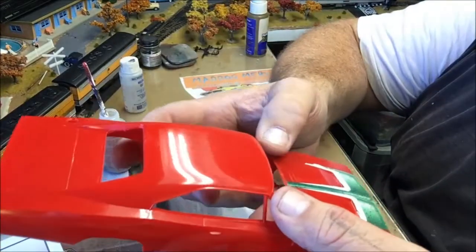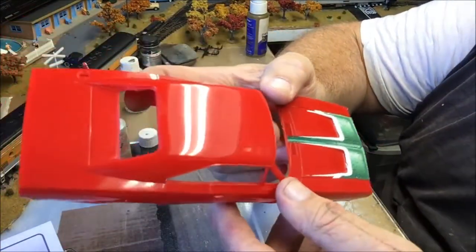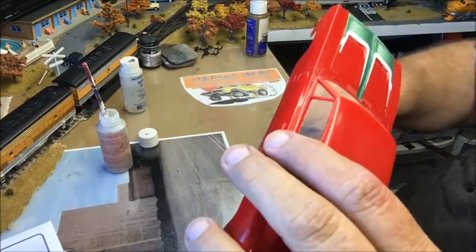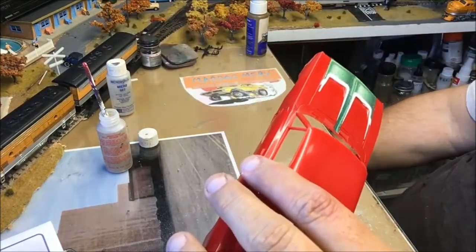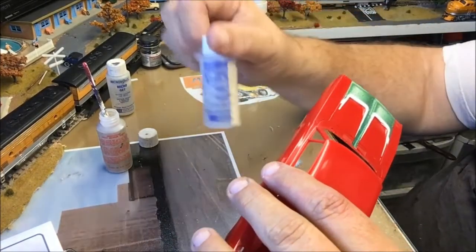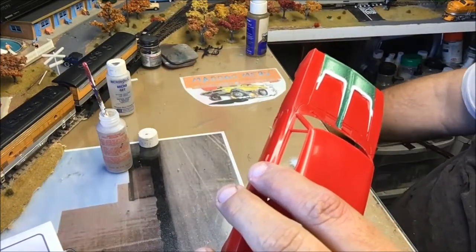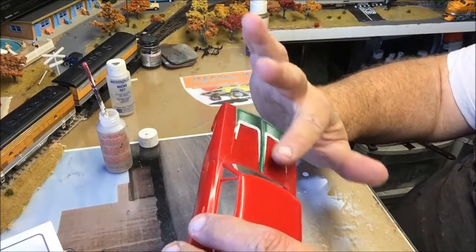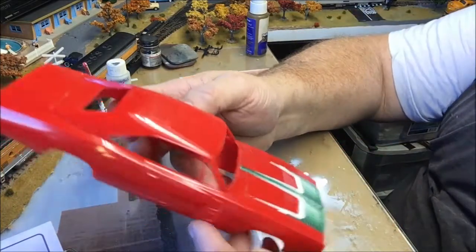Okay, well, we've gotten it on there, and the whole reason I didn't record it for you folks is, well, I didn't know if it was really going to happen or not. The nice thing is, once you use the liquid decal film, and you let it dry, what it does is it creates a whole new clear barrier or bonding agent over the entire decal. And so,